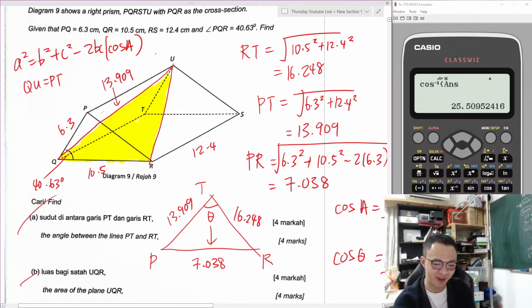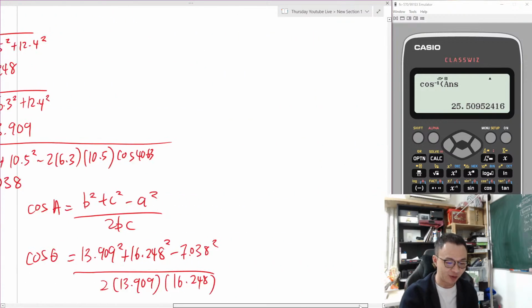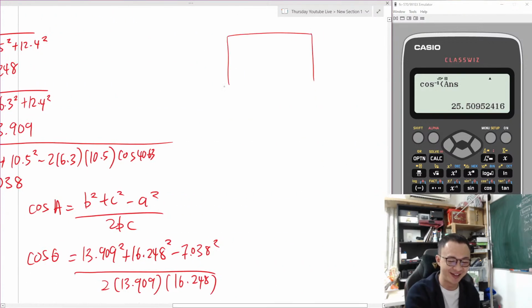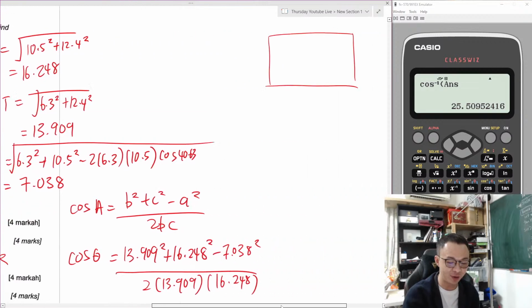Do we have any PS? We have R to T. Okay, R to T is not so friendly. No choice, we have another triangle. We need to work out the RU. So we have a plane on the top here. I do not know what to erase. Never mind, I don't want to erase anything. There's rectangle PRSU.